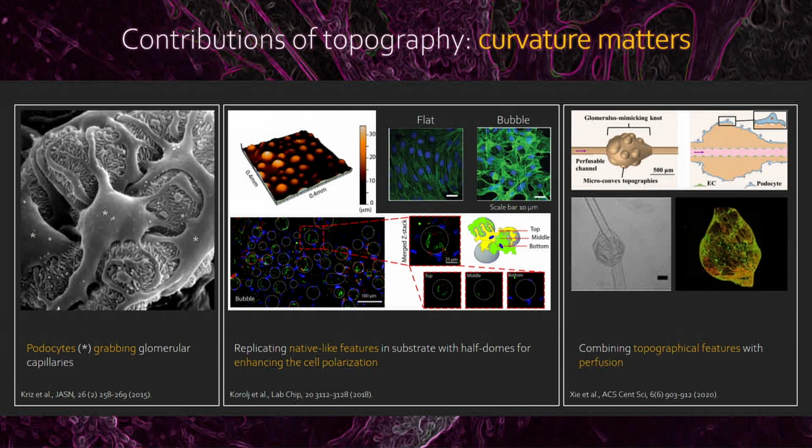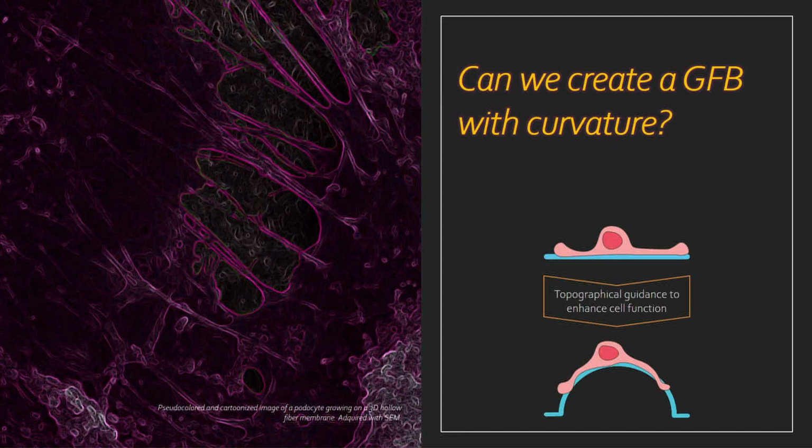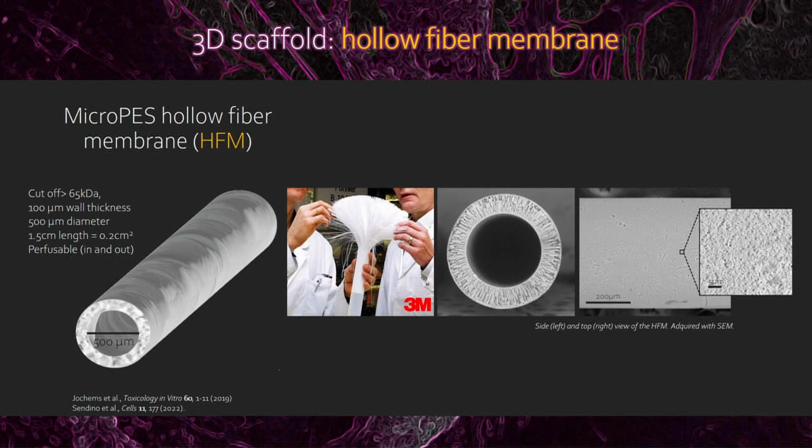Besides the topographical features, some others have already tried to put flow on the system, so they have topographical guidance and flow. Our project is conceived within this mix of trying to enhance cell behavior with topography, and we want to create a glomerular filtration barrier that has curvature. So we propose a 3D scaffold based on hollow fiber membranes. These hollow fiber membranes come from the